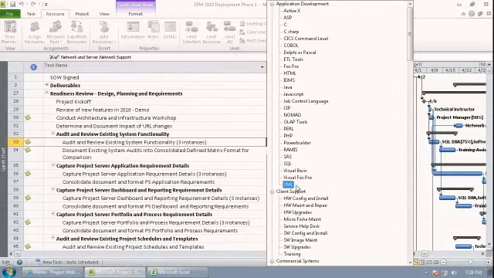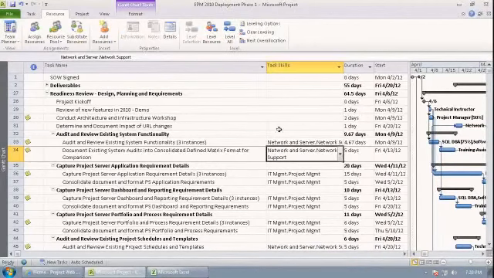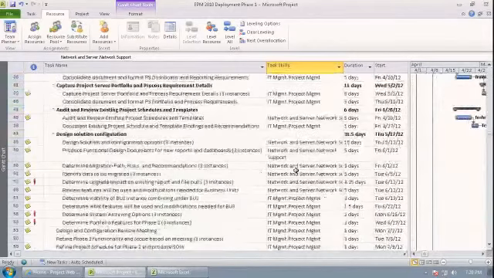Okay, that's not something that would be in the box functionality. That would be something where you would have to develop some sort of a connector between these two systems, but it can be done. So at any rate, what I've done here is I've gone down through these project schedules,